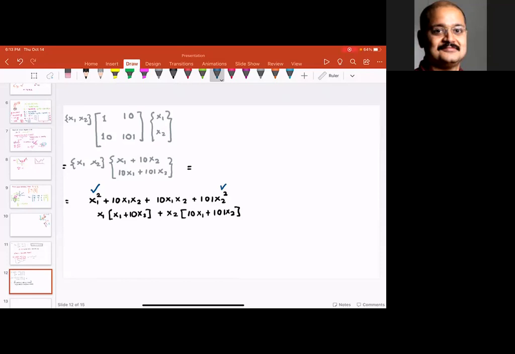If x1 is positive and x2 is negative, what you can do is try different combinations of x1, x2. Say x1 is equal to 0, x2 is equal to positive. x1 is equal to 0, x2 is equal to negative. x2 is equal to 0, x1 is equal to positive, and so on. And just make sure that this quantity is always greater than 0. If that is the case, then the matrix is a positive definite matrix. A positive definite matrix will always have positive eigenvalues.